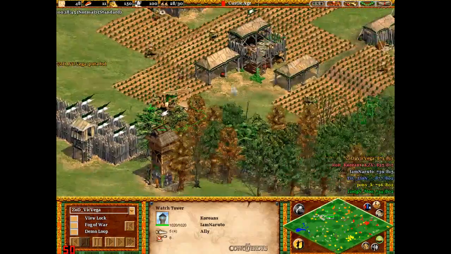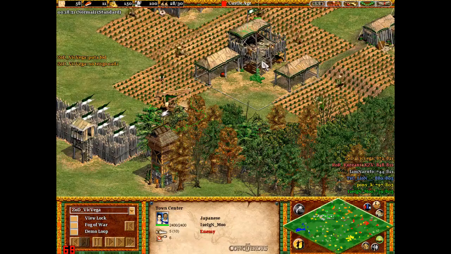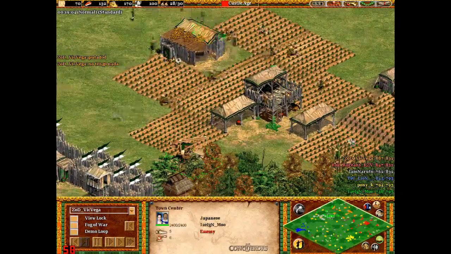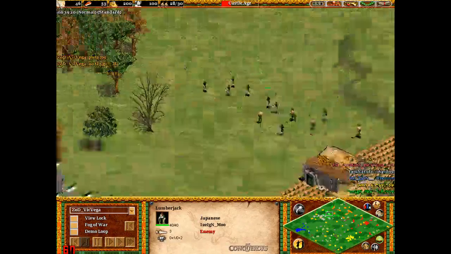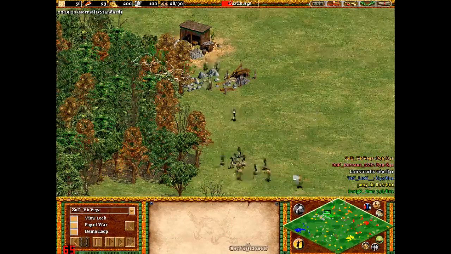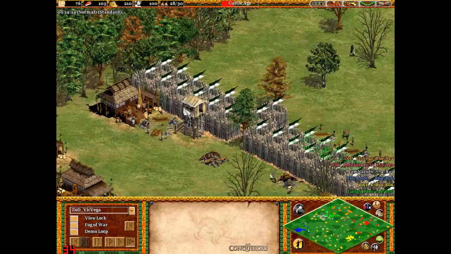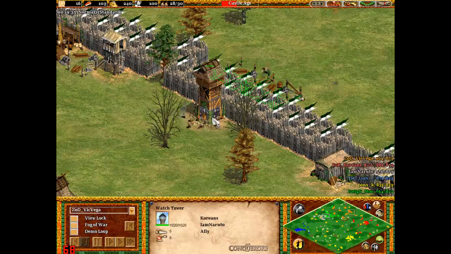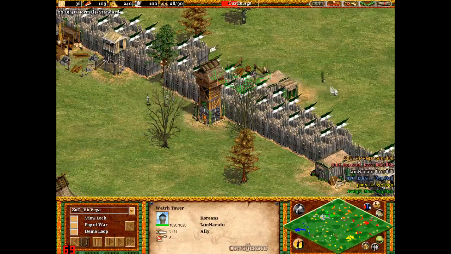A watchtower here, right up near the town centre here, so that is going to be a bit of a detriment. So it's going to push all these people away, and look at all these lumberjacks fleeing over here. Lots of stone coming in, so they'll probably try and get some towers up. A big wall here, and a watchtower going up here, so that's going to put these